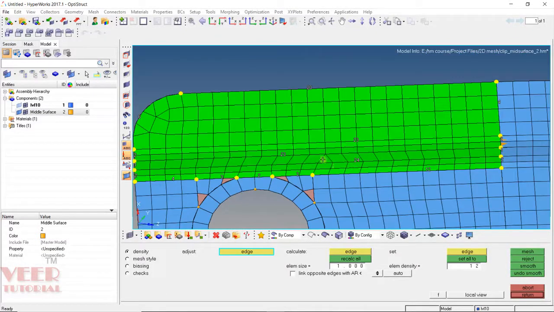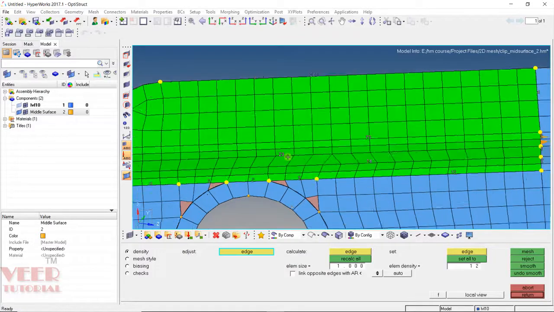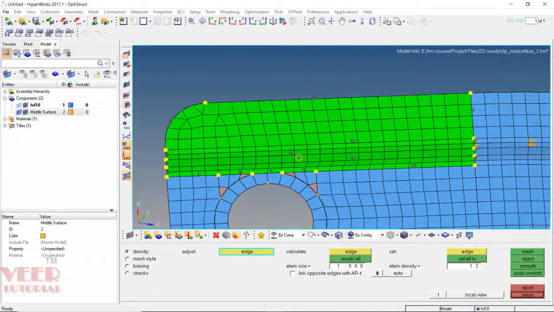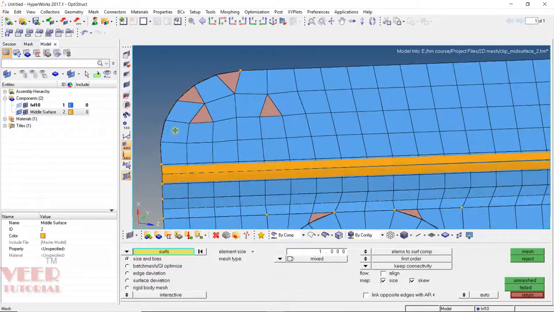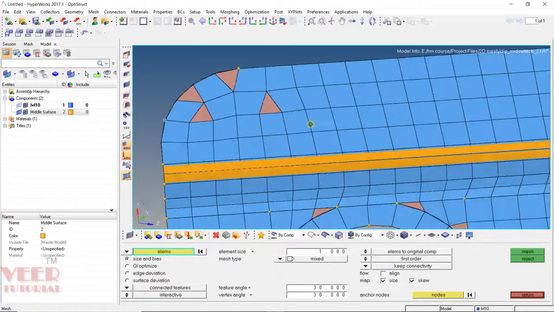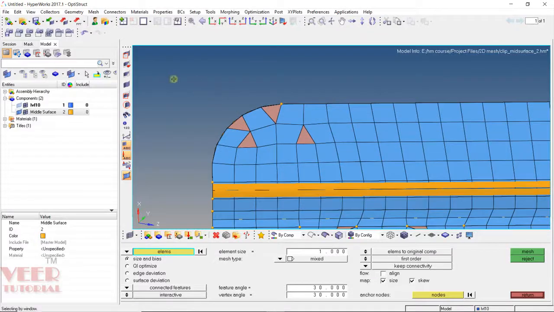So we can see the tria has gone in the upward. Again I select 24 here and then 24 here. Now we can see the tria has been removed. Press escape. So we can do the remesh here. Go to the element and then do the remesh. Select all and remesh.